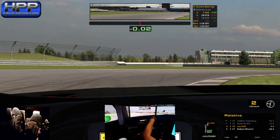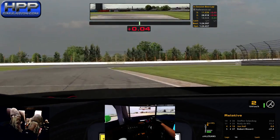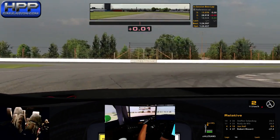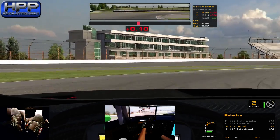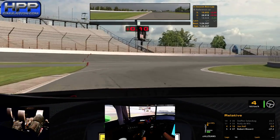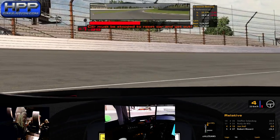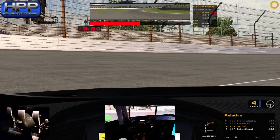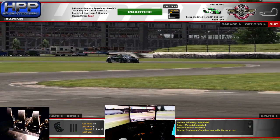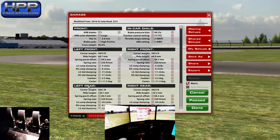Driving too fast. Also gonna go back one click on the rear brake bias. I want that front end just to change direction a little bit more too. So